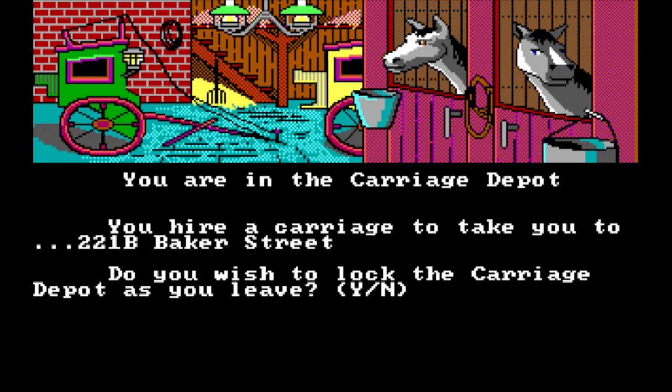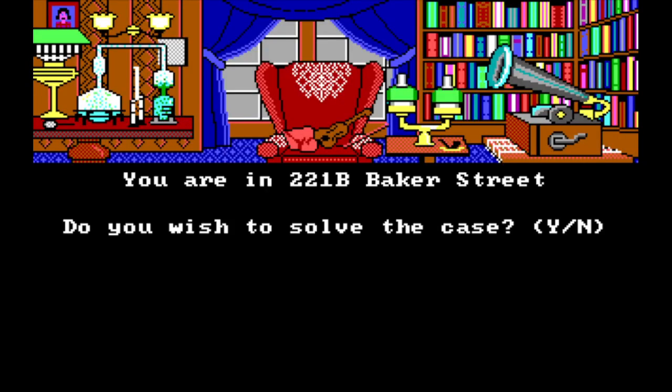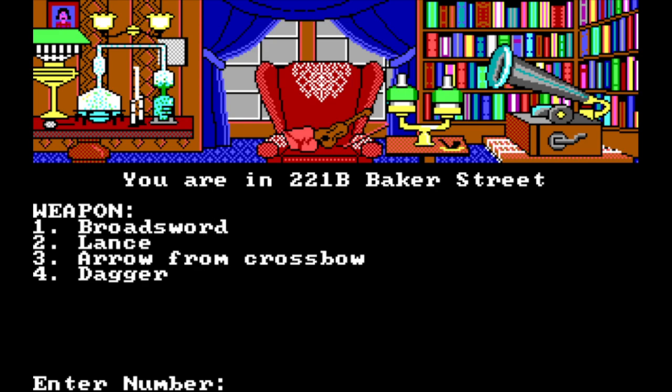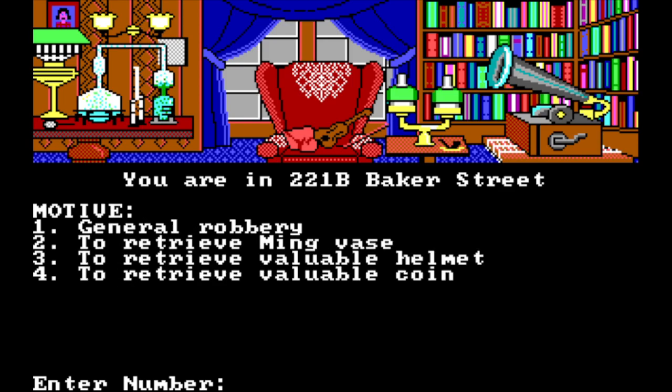Baker Street. I would love to solve. Who is it? It is... Oh, it's John... What? Okay, John Cahill. I thought he was dead. Broadsword. To retrieve the... Oh, he's not dead, but she cleaned out the attic and he wished that she didn't. It's the Ming